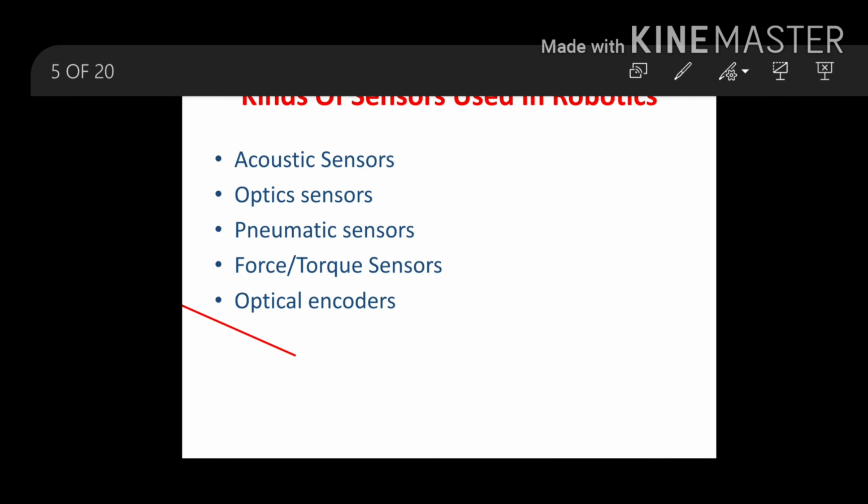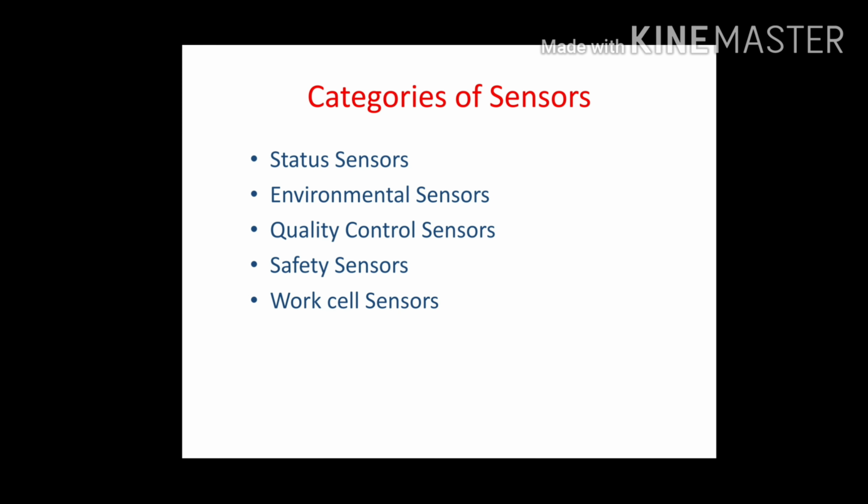And then internal sensors give feedback on the status of the manipulator itself. The degree of accuracy of the manipulator depends on the resolution and accuracy of internal sensors. These types of sensors should be low cost so that we can use more.